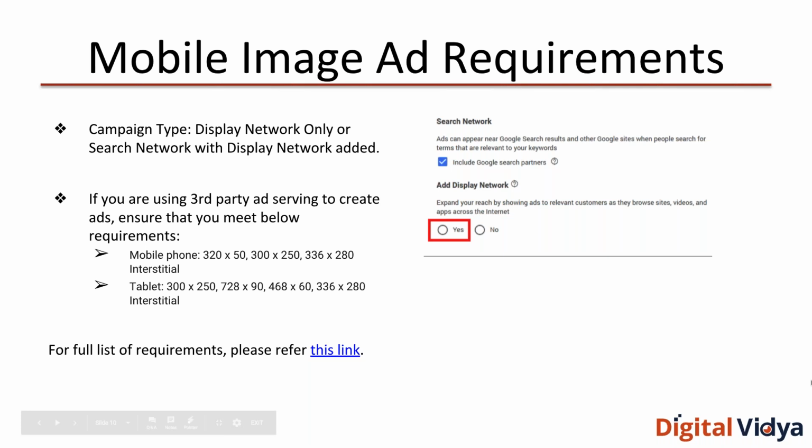Now if you're using any third party ad serving platforms, apart from Google AdWords, for creation of these ads, then those ads which you're creating on these third party softwares need to adhere to the dimensions that are given on the slide here. So if you're making it for a mobile phone, it has to be 320 by 50 pixel or 300 by 250 pixel. So these are the dimensions you need to